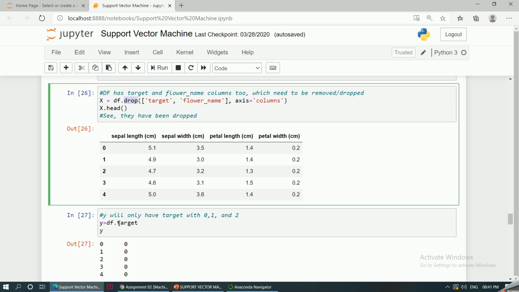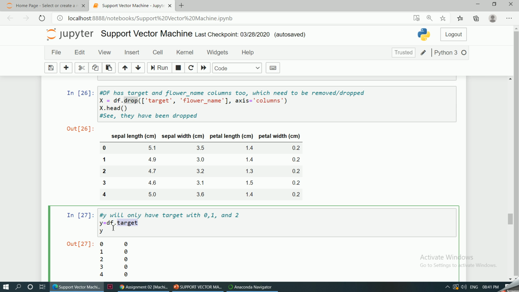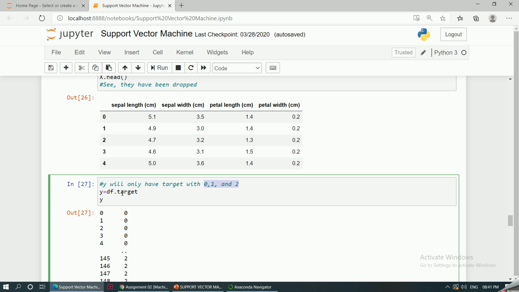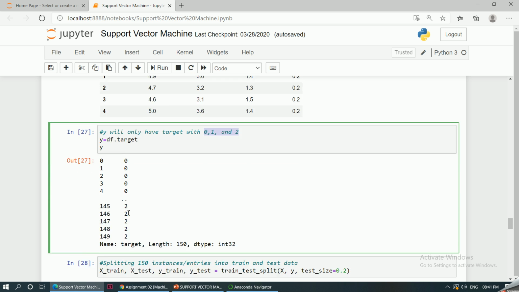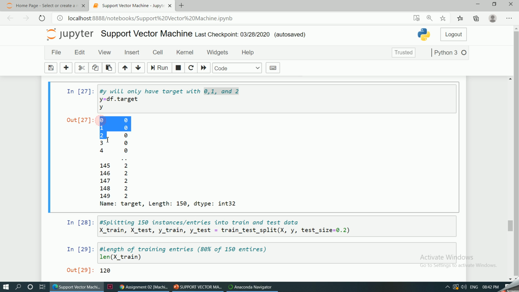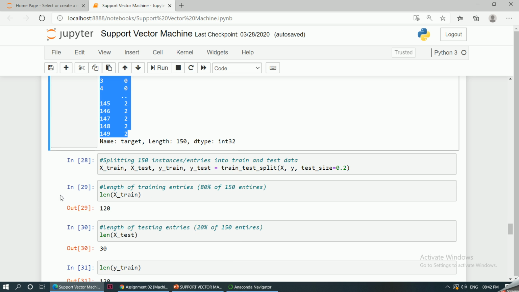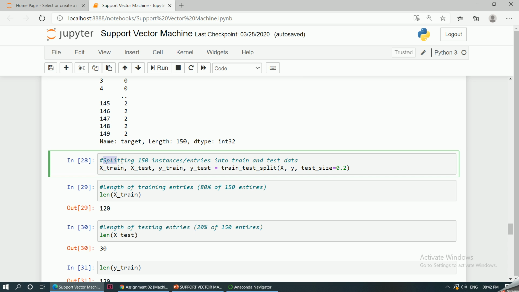And we are going to consider target, which will include your 0, 1 and 2, which is nothing but setosa, versicolor and virginica. So y is equal to df.target, and here you can see all the values from 0 to 149. Now we have got 150 records in our data set,